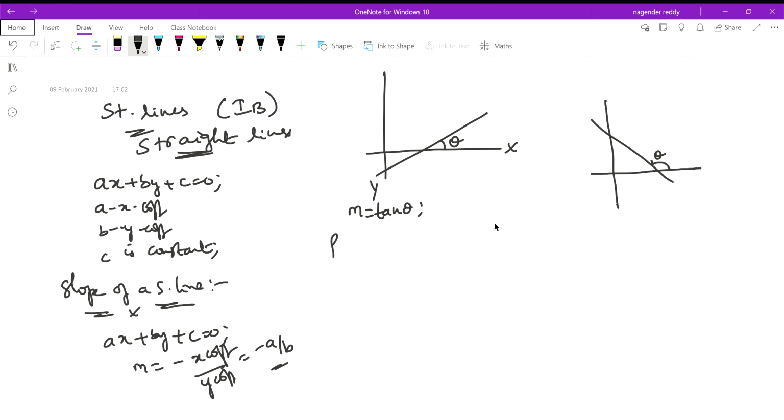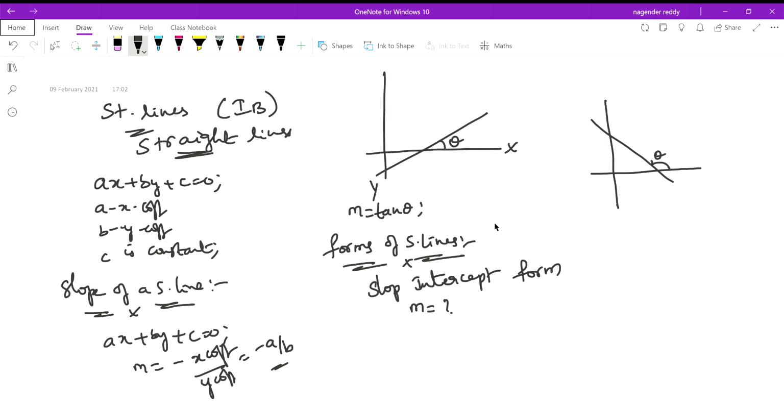Different forms of straight line. What are the different forms? The first basic form is slope intercept form. That means if the slope is given and the intercept is given, then it is called slope intercept form. Then the equation of the straight line is y is equal to mx plus c. Slope intercept form is y is equal to mx plus c, and